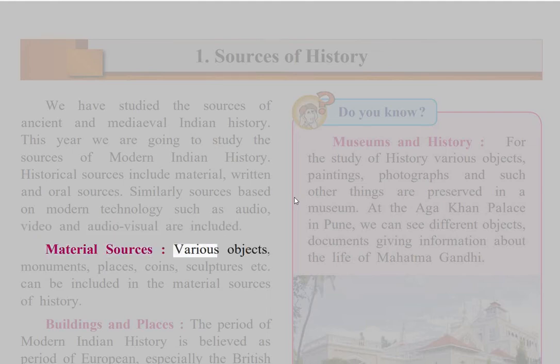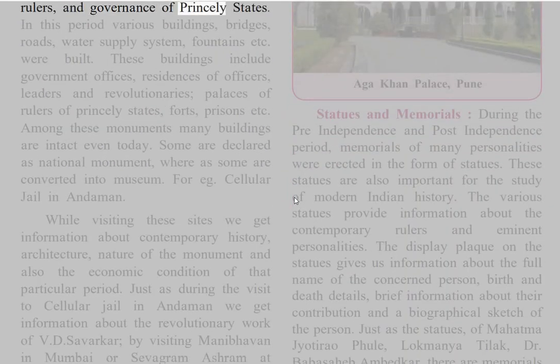Material sources: various objects, monuments, places, coins, sculptures, etc. can be included in the material sources of history. Buildings and places. The period of modern Indian history is believed to be the period of European, especially the British rulers, and governance of princely states. In this period various buildings, bridges, roads, water supply systems, fountains, etc. were built. These buildings include government offices, residences of officers, leaders and revolutionaries, palaces of rulers of princely states, forts,